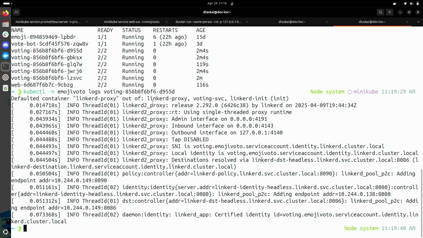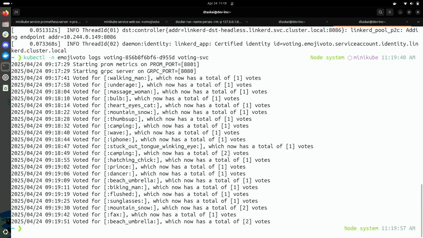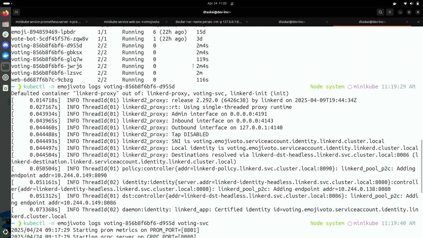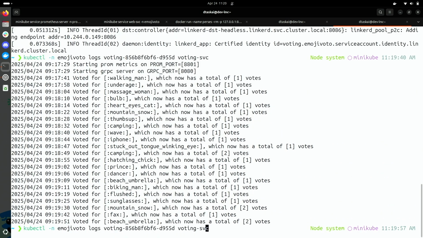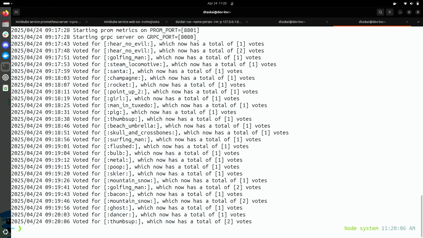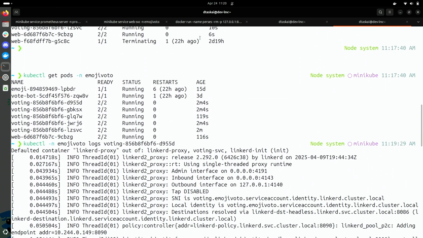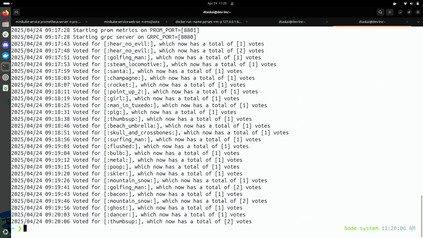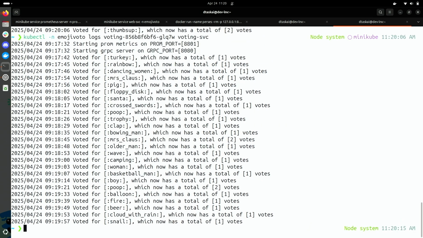Right, it's the wrong pod, sorry. Alright, so the first one is receiving traffic, and the next one is also receiving traffic, so we are already better than the first case without the service mesh. And let's check the third one. That one is also